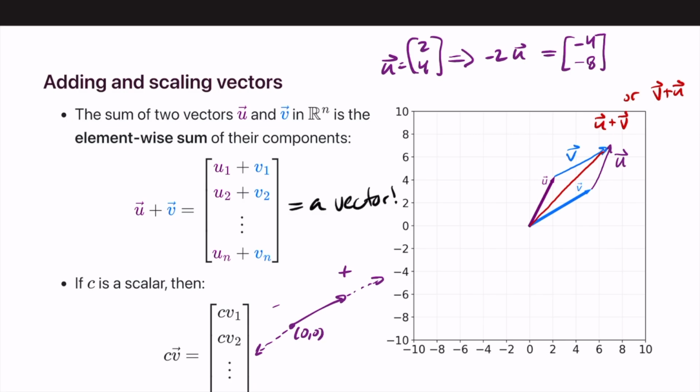This is the origin. So in this case, if we have u and we multiplied it by a negative scalar, -2, this would go in the opposite direction because it's negative, and then since we multiplied it by 2, it's not just going to go right here, which would have been -1, -2, but it's going to go to -2, -4. So -2 times u, we're just flipping it around and then going double the distance. Okay,